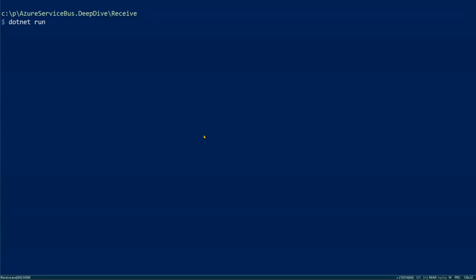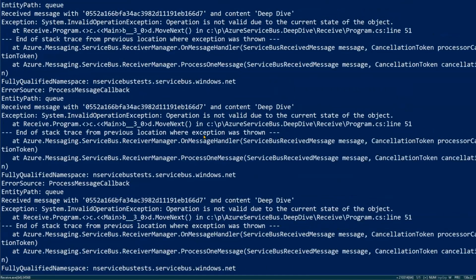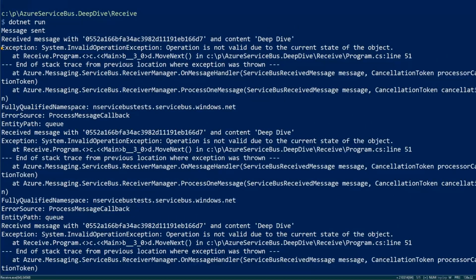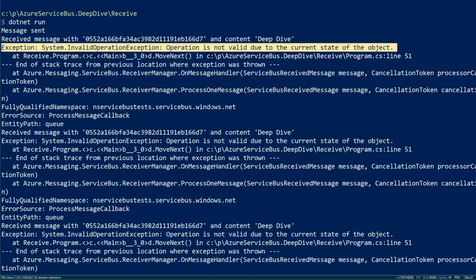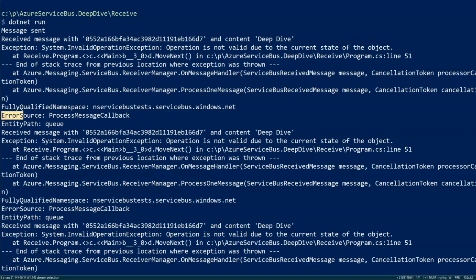Well, what's going to happen here is in the exception case, as we can see, we're basically getting called a number of times, and it always triggers this error handler, where we're getting the namespace, the source, the entity path, which is the queue where the message has failed, and some additional information on this error, like for example the invalid operation exception, the exception itself. So the message is retried until the so-called max delivery count is